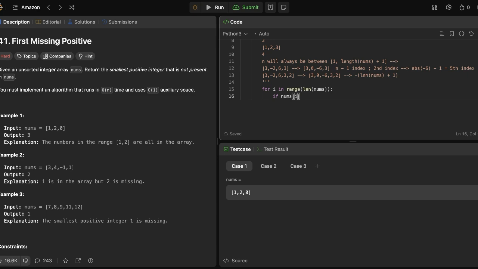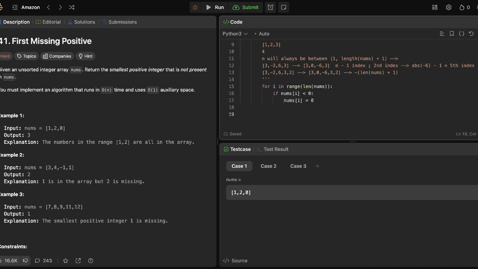If nums[i] is less than 0, then we set it to 0. Why? Because we have to find the first missing positive, not the first missing negative. So the negative values are of no consequence to us. So the first action we do is loop through the array and set anything which is negative to 0. Now second time we loop through the array